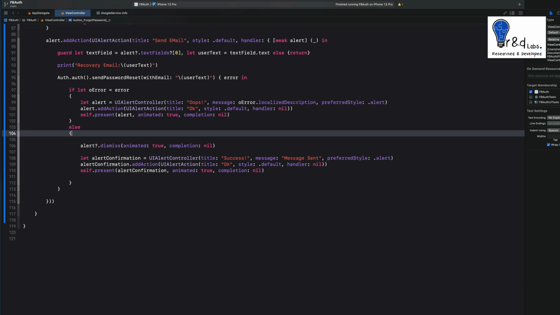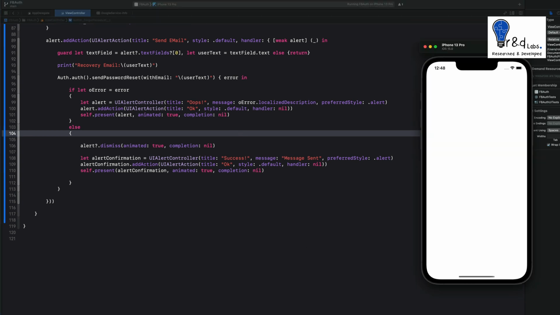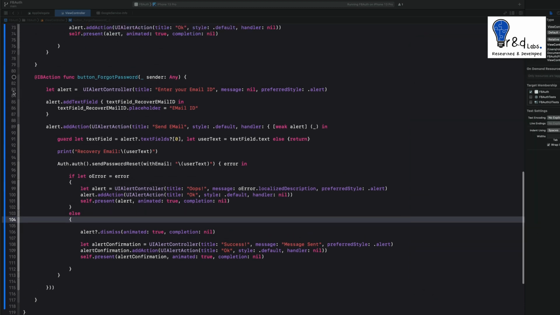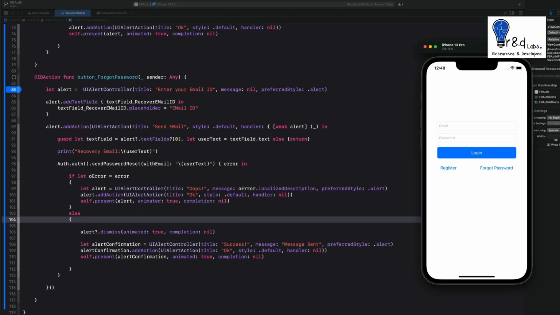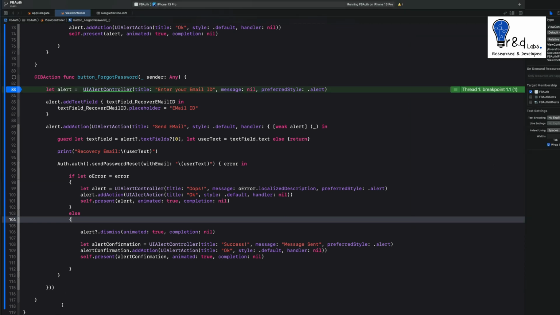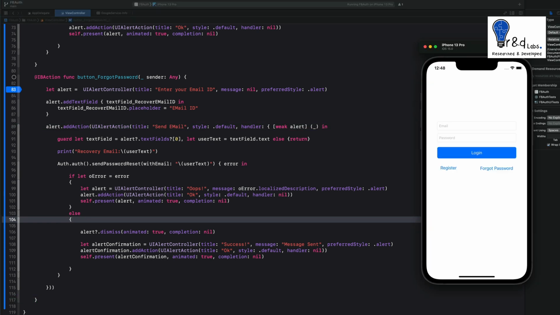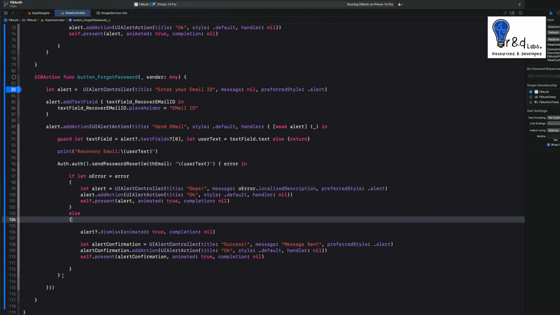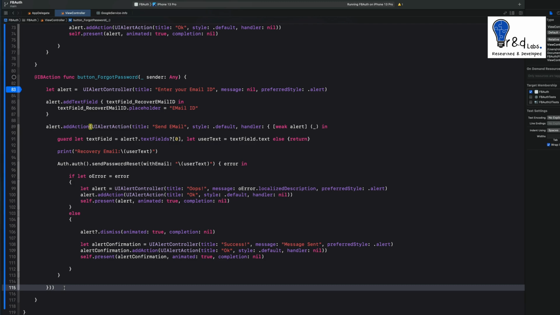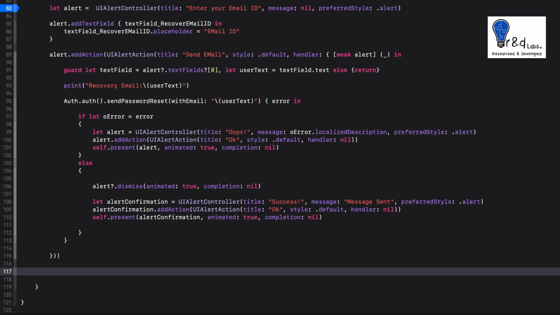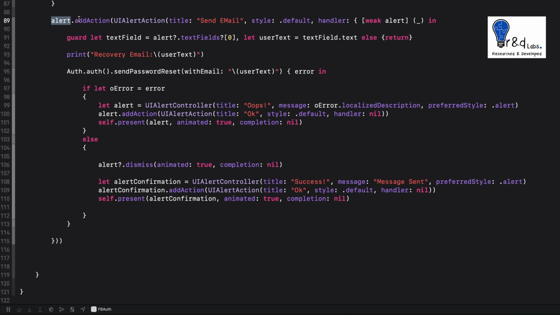Okay, let's run this within the simulator again. Welcome back is there, and let's click the forgot password button. Okay, so your ID is here. Strange. Oh yes, my bad. So what we are missing over here is we haven't yet added the main alert box to our view. So let's write